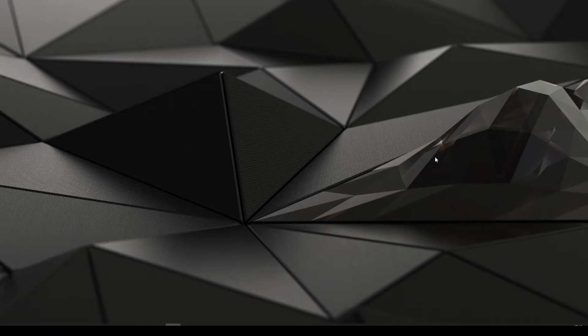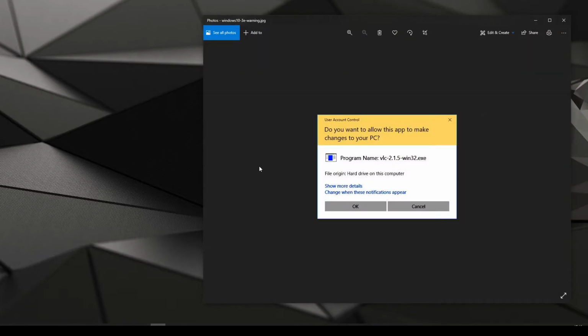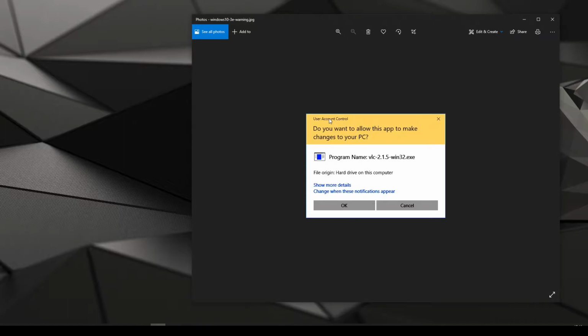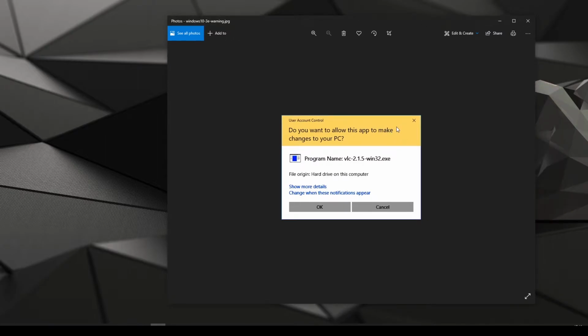All right, so in this quick video, I will show you how to get rid of this. This is called User Account Control apparently, but you might know it as the annoying notifications that you get when you are trying to install something on Windows. Now, this is one of the first things that I remove when I freshly install new Windows, and let me